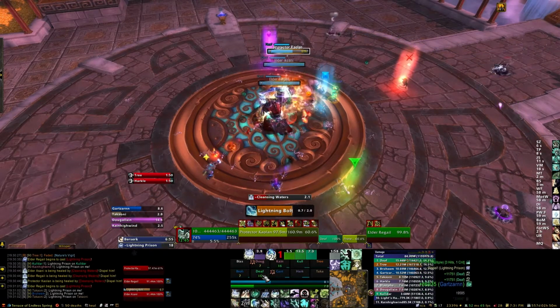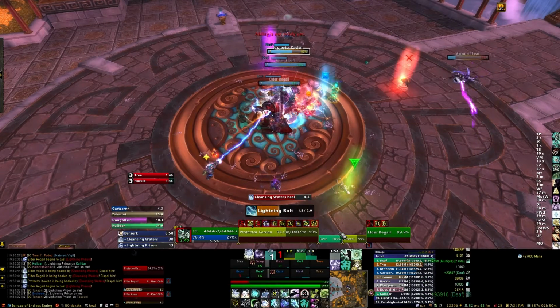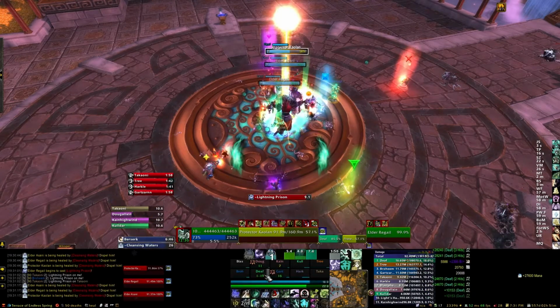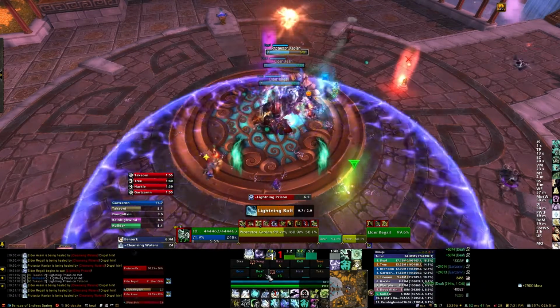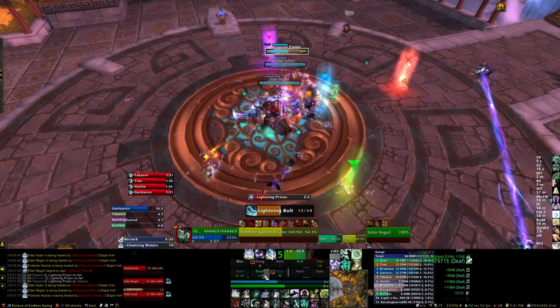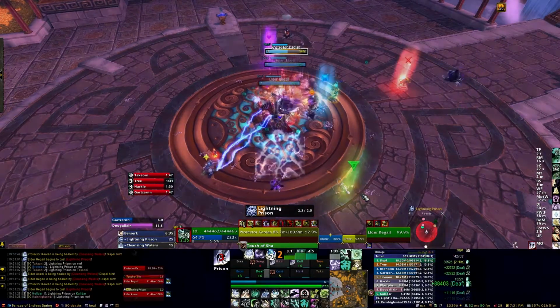This is a stacking buff that increases the damage the boss deals by 10% per stack. And if it's allowed to reach 5 stacks, the boss will explode, dealing 700,000 shadow damage to the entire raid, basically wiping you. So, obviously, even getting 1 or 2 stacks on a boss is not ideal, just because it'll